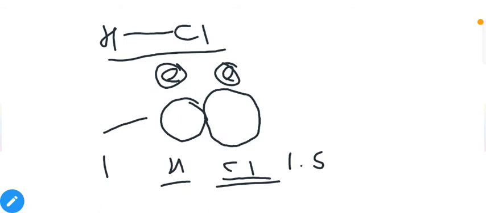So the rotation of the electron of hydrogen will be like this. Suppose it starts rotating in hydrogen from this point. After 1 second it will enter the orbital of chlorine, and then in chlorine it will spend 1.5 seconds. Then again it will enter hydrogen. Again it will spend 1 second, then 1.5 seconds in chlorine. A similar situation will be observed for chlorine's electron. Chlorine's electron will spend 1.5 seconds in chlorine, then it will spend 1 second in hydrogen.